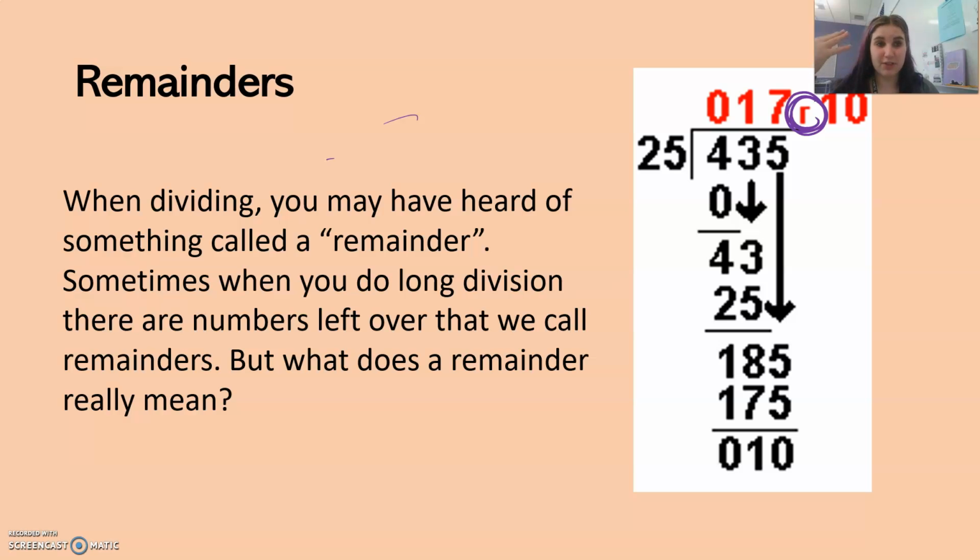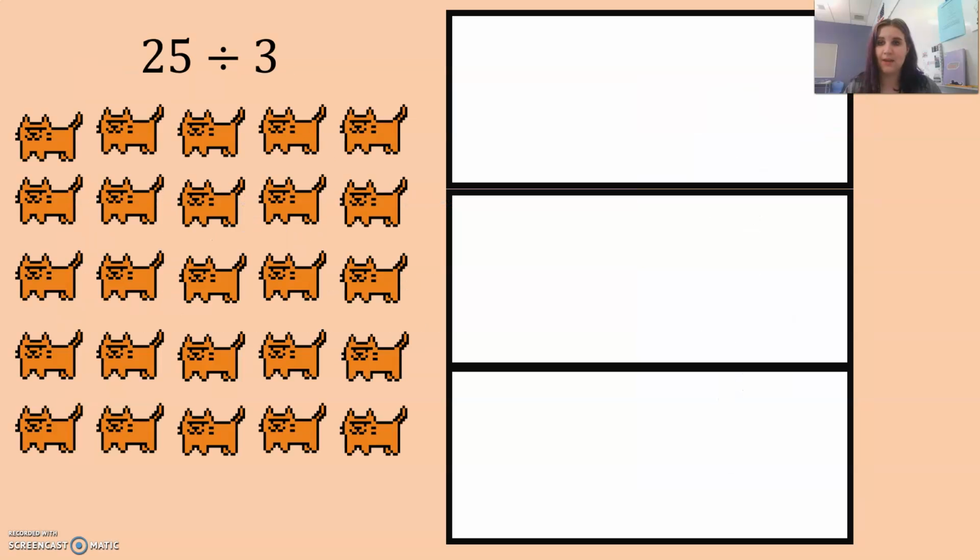But what does that remainder really mean? Because once you start to get older, you don't write your answers with a remainder of 10. We want to try to write it a different way. So remainders can really be written as fractions, and that's what we're going to explore today, how that works. So I'm going to do this example, and I am going to do 25 divided by 3, and we're